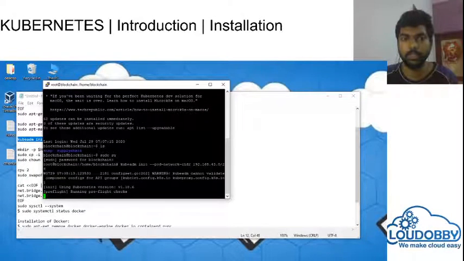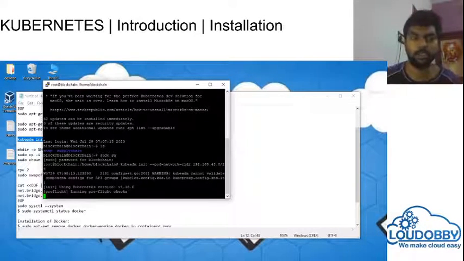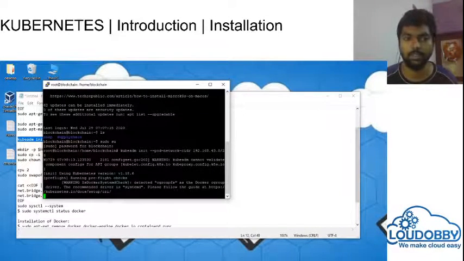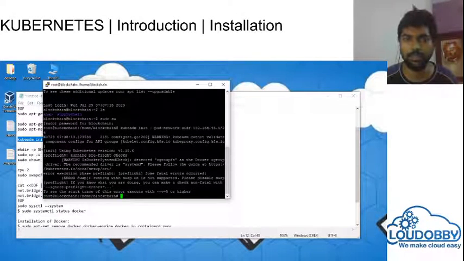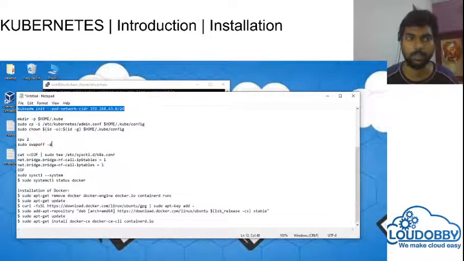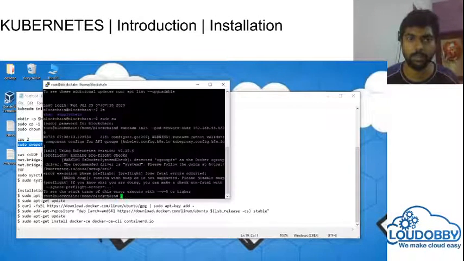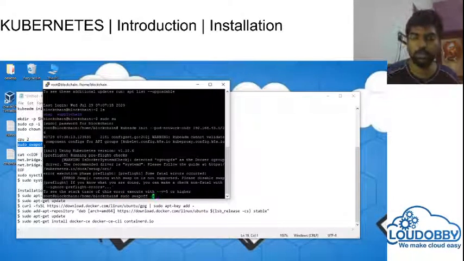Now it will check the pre-check again, and we will see what kind of warnings it gives. Now I think the CPU warning is not coming. Now it is coming on the swap, so I'm going to turn off the swap. I don't need sudo to run it.